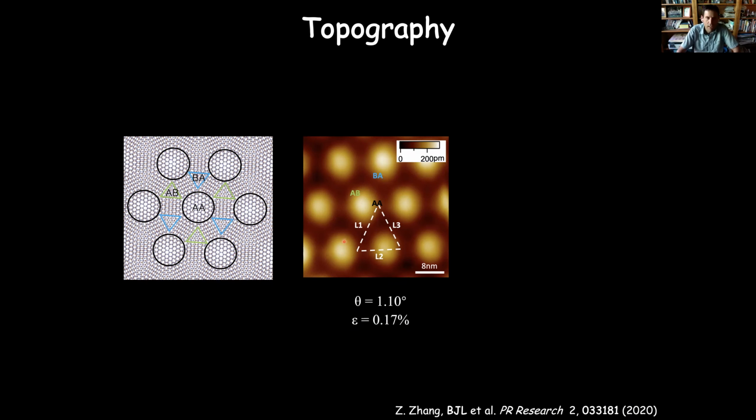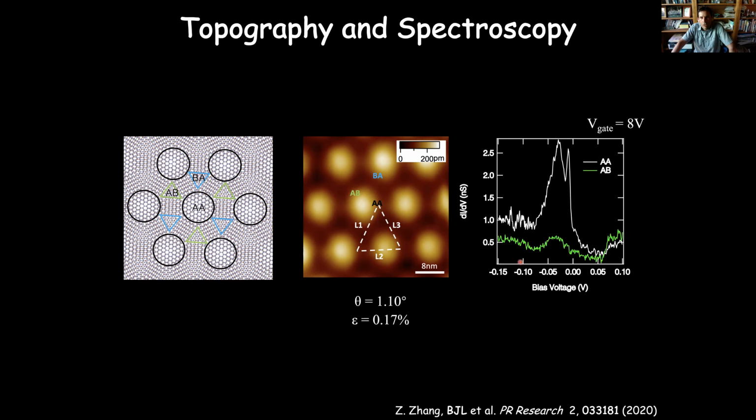Now let's go and look at the spectroscopy at these 2 different regions. If we go to the AB region, the dark regions on the sample, the density of states is pretty much flat. There's not much interesting happening. That's this green line here. Instead, if we go on this bright region here, that's the AA site, you'll see that there are these 2 strong peaks. And that's coming from the fact that we are developing these flat bands, so they have a very high density of states. There's 2 of them. One we call, say, the upper band and a lower band. And so these 2 peaks that we see correspond to these 2 bands.